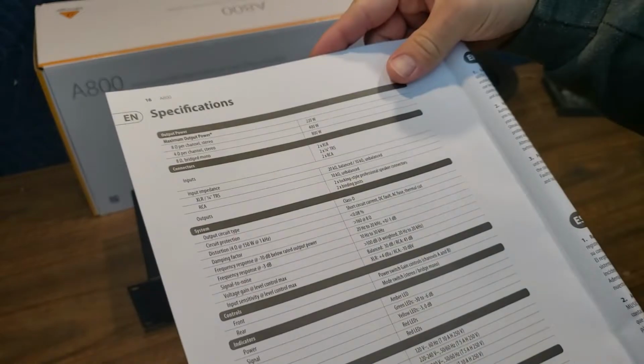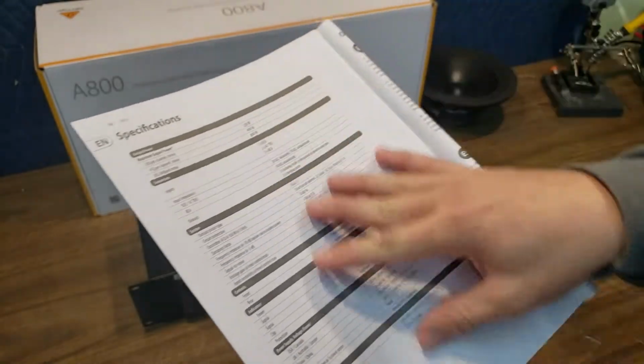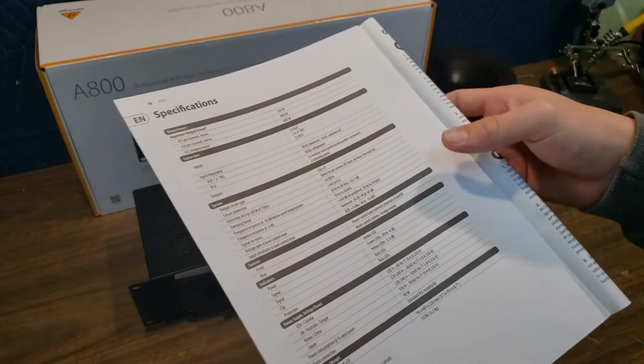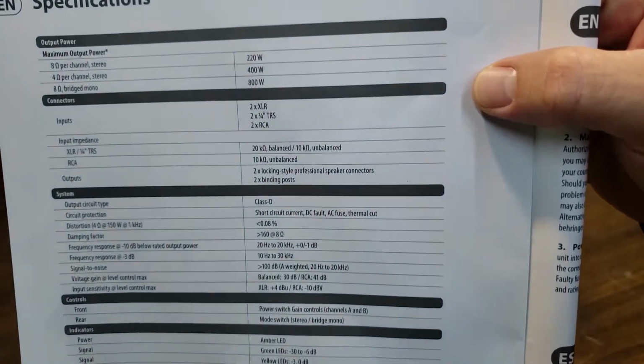Even on Behringer's site, the PDF I download doesn't have this. And we're going to start a little bit from the top. I'm not going to go over everything on here because I don't think everybody's interested in it. Maybe I'll just hold it like this, and you can pause it and full screen it. I'll go like this. And there